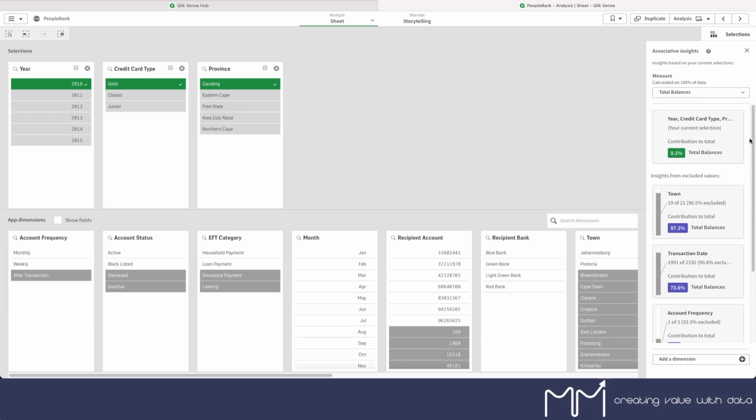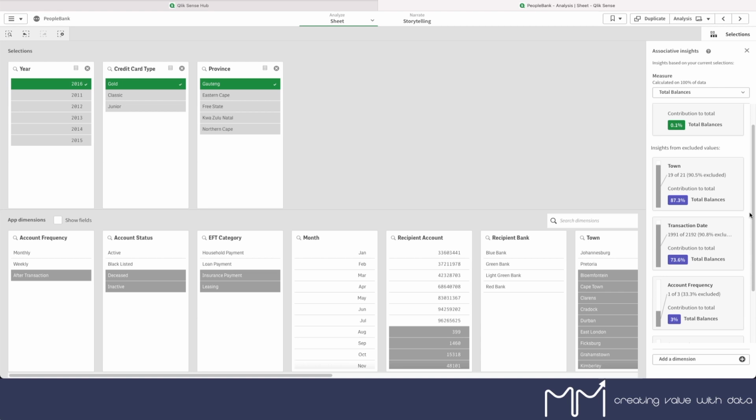From that, we can see that based on our selections, that it only accounts for 0.1% of the total balances in the entire application. If we scroll down a little bit, we can see that our year selection excludes 90% of the date selections available, and also excludes 73% of the total balances. Let's go into